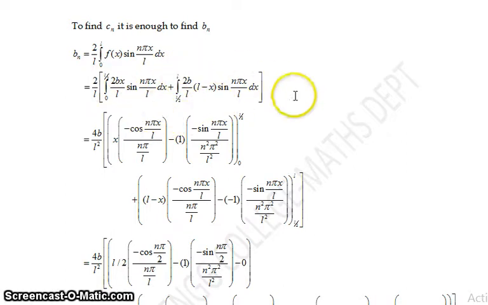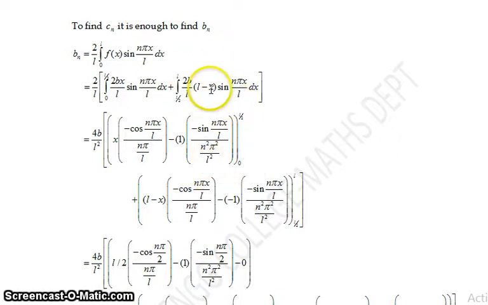Then by using Bernoulli's formula we can write, here 2b by L is a constant term, we can take it outside. So we get 4b by L square. I can keep x as it is. Integration of sin is minus cos(n pi x / L) divided by n pi by L. Then differentiation of x is 1. Again integration of cos means we get minus sin(n pi x / L) divided by n pi by L, so again we get n pi by L. Therefore n square pi square divided by L square. The limit is 0 to L by 2.